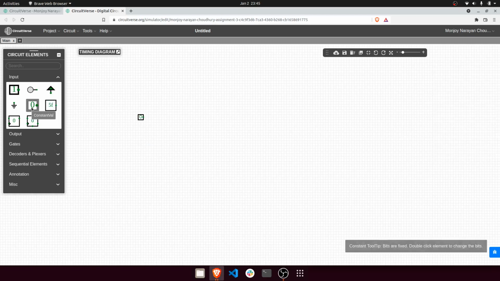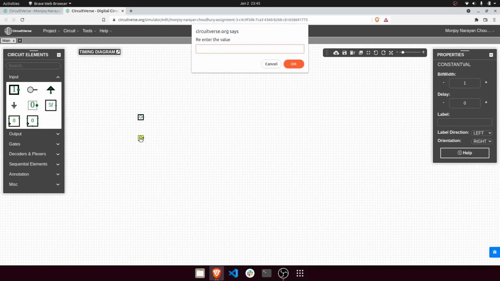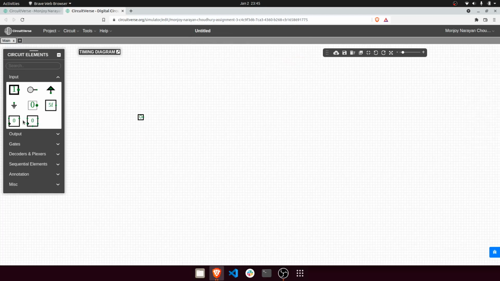There is a power source. There is a constant value, because sometimes, since you did some questions on muxes in the previous assignment, you saw that you need to have a ground value or a 1 value. So that's why you need constants here. There is a counter and a random generator which will be used later in your assignments, so you don't have to worry about them now.